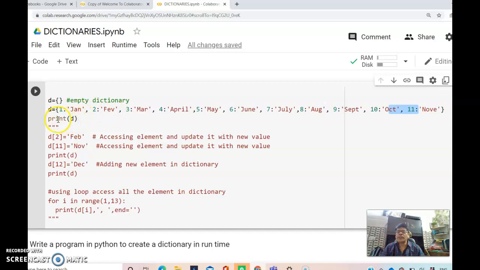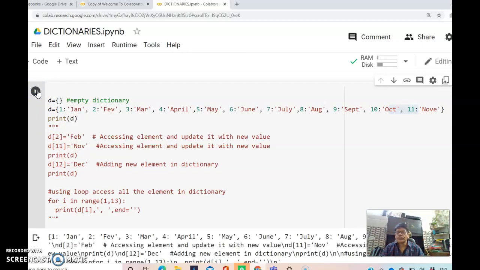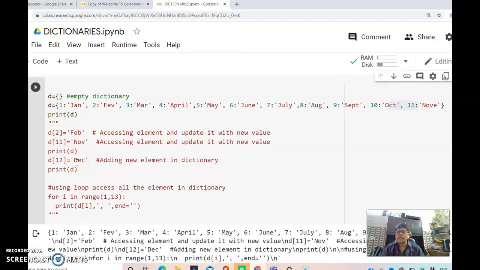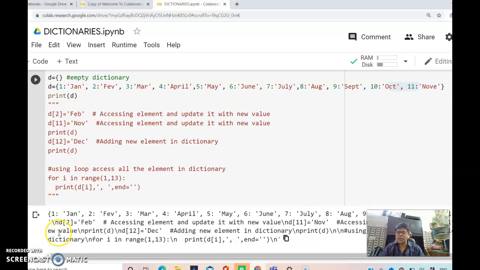Let me see the print of the dictionary. So here if I click to run the code I have written so far, the output will be coming below. So let me run the code, and we can see here that the dictionary is formed. Here this is the dictionary, 1 January, 2 February, 3, and so on, it has gone up to 11.